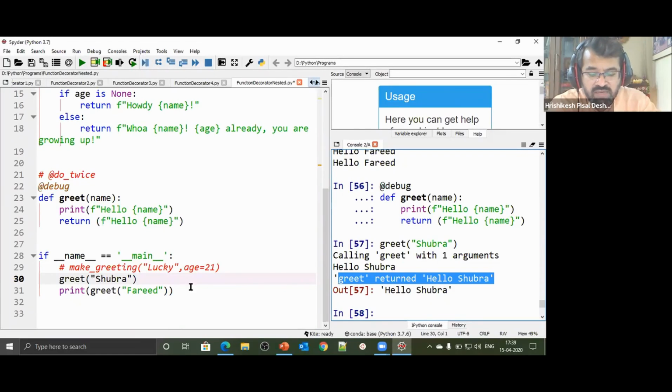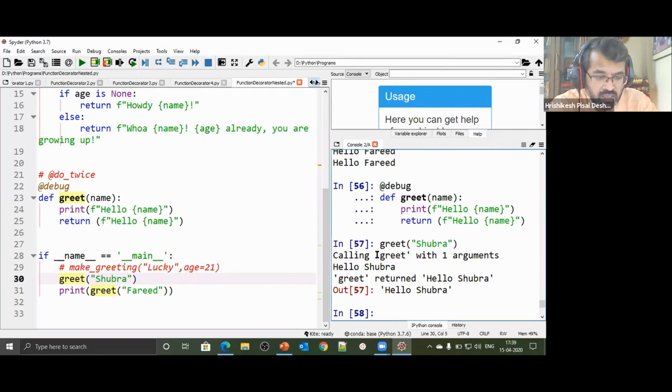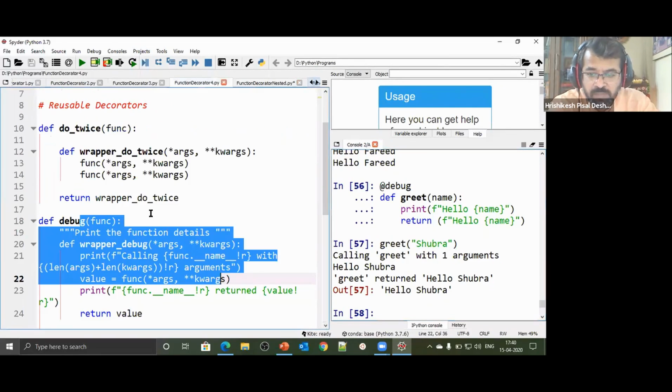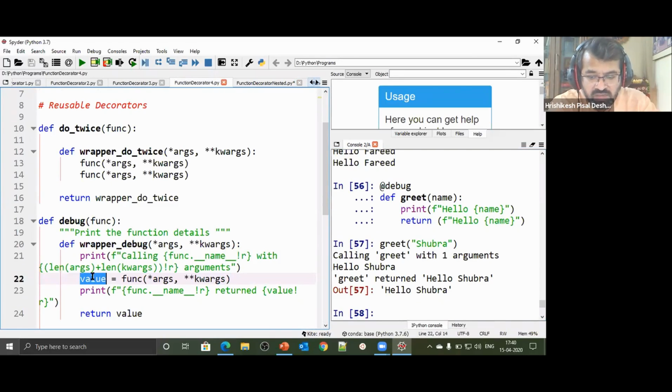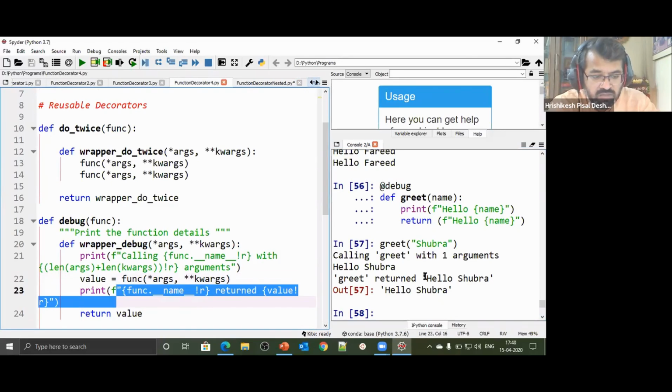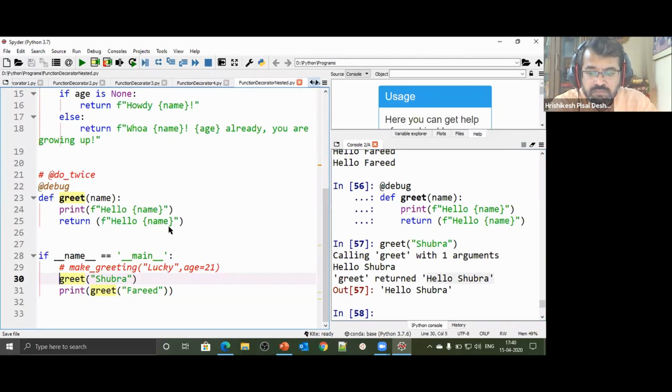So जो return क्या value, that is the output that we are actually getting to see here. But वह कुछ print नहीं हो रहा है, सिर्फ return क्या है, return output यहाँ print हो रहा है. अगर मैं यहाँ print किया देता, then we could have seen that particular value. But this is the output that we have got. क्या output आया है? Calling greet with one argument. How did it happen? Because of calling the function with one argument. Then हमने उस function को call किया, उसने value return किया, so it returned hello Shubhra. So this is what has actually happened.